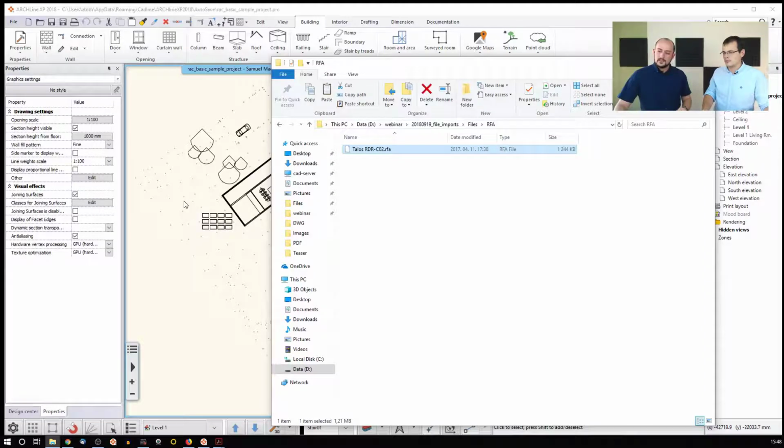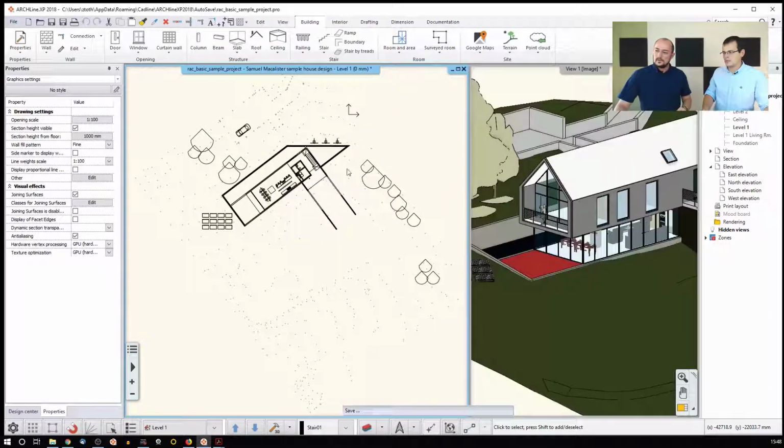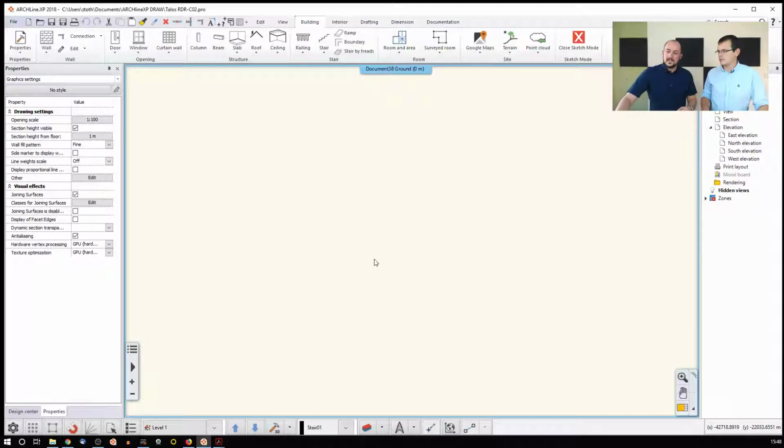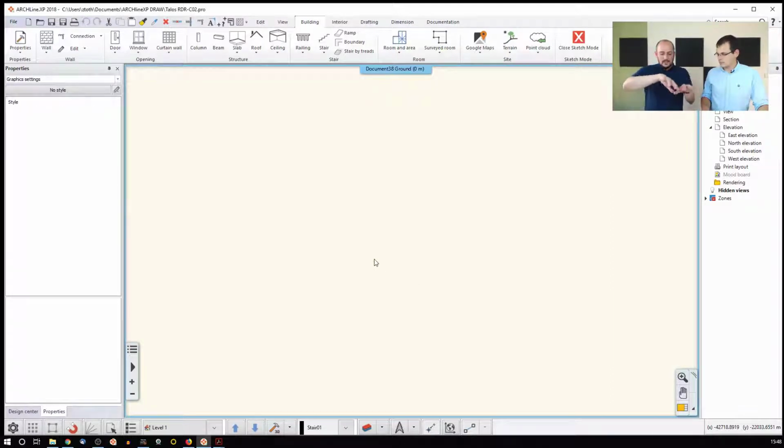So I just release it here, and then the software starts opening this file, and in the meantime it's saving this current project, because there's one specific way how these RFA files are digested in ARCHLine. The software goes into what we call a sketch mode or an edit mode, and then it kind of stashes the previous project. It makes a copy of that. Okay, let's just put it back around, and then now we are working on the content of an RFA file,